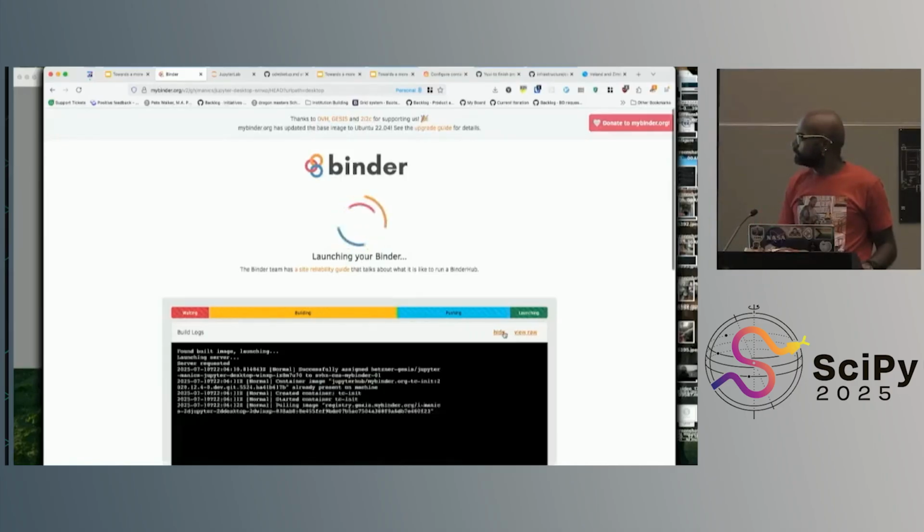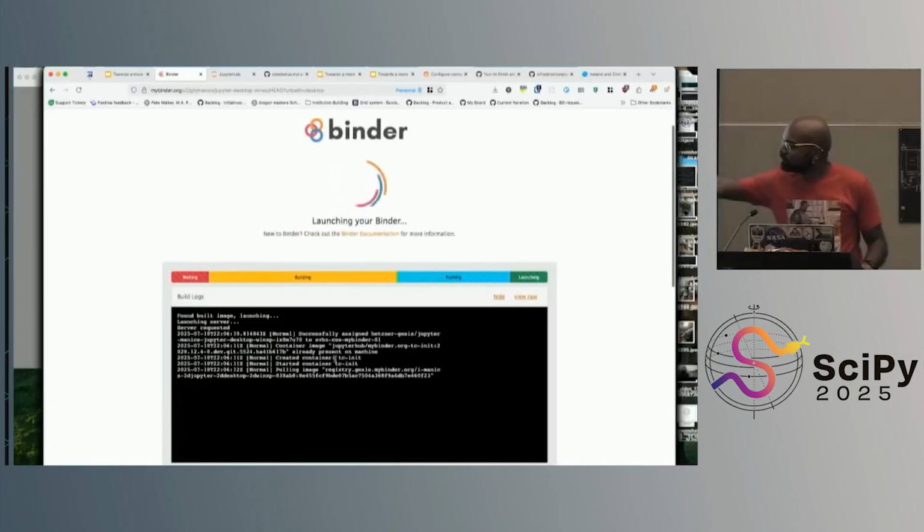And you can also see it's already pre-built because I've been doing this before. So this is just fetching the image and then running it. But most importantly, even though I am stalling, I feel fairly confident that this would work, which I wouldn't have done last SciPy.